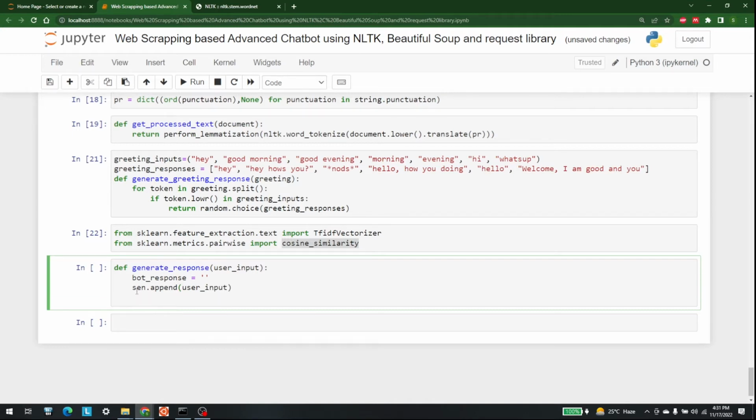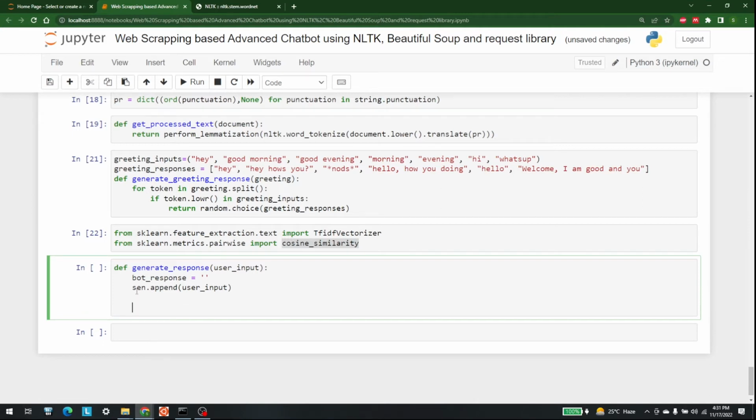So these sentences will be added into the sentence list. After that, we need to develop a vectorizer and check out the similarity, right? For the vectorizer, we are going to use the tf-idf vectorizer. So let's do this. For word vectorizer is equal to tf-idf vectorizer,